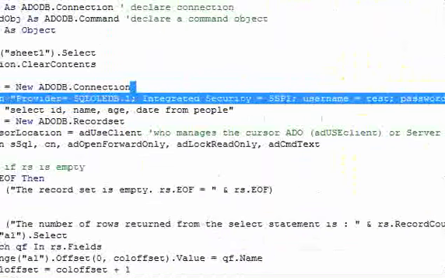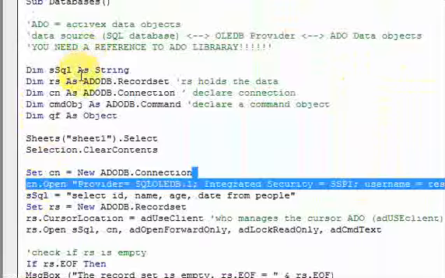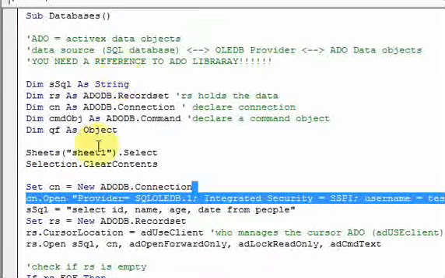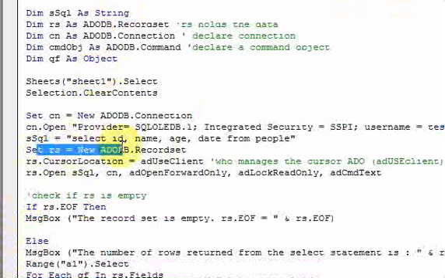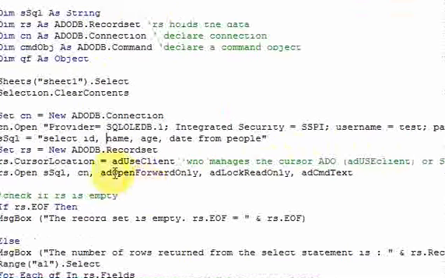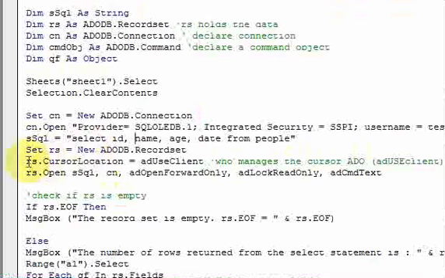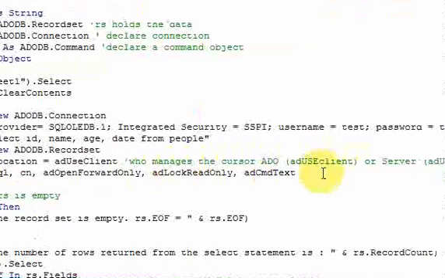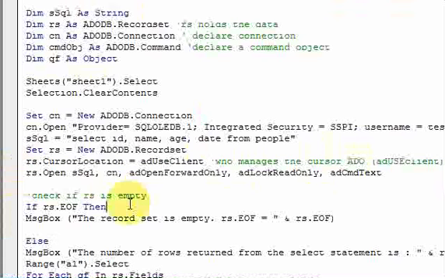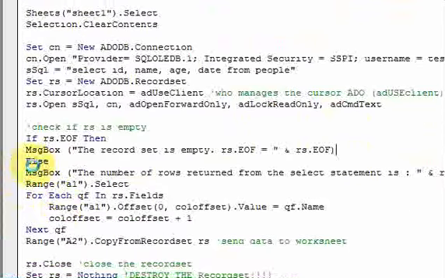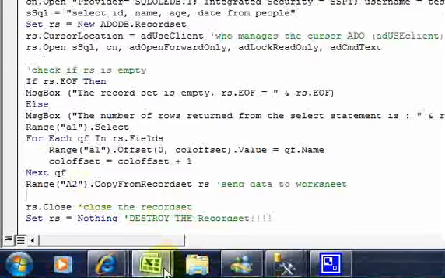We then set up a SQL statement as a string here. We put a SQL statement in there. We declared a record set, and we set the record set to a new ADODB record set. We put the cursor location equal to adUseClient, and then we open that record set. And here's the line where the data was thrown onto the record set, and we checked if the record set was blank, and then we put the fields on the worksheet. So what we have is basically this: